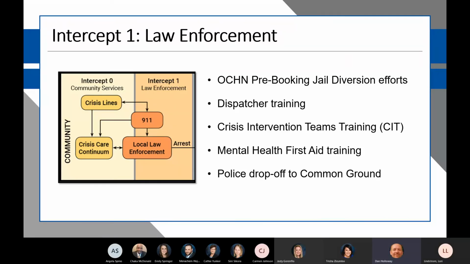It's been a long time in the making, but with a county our size, it really took a lot of effort, a lot of teamwork, a lot of involvement from stakeholders throughout the county. I remember back in the day when I got hired for this job, the jail diversion coordinator, we just realized we needed to start looking at other models that were out there around the country,